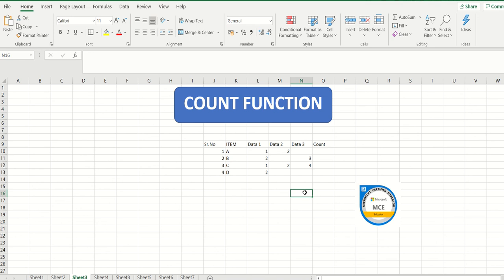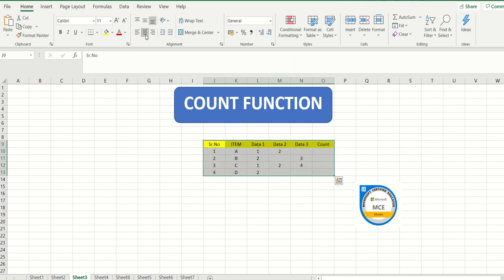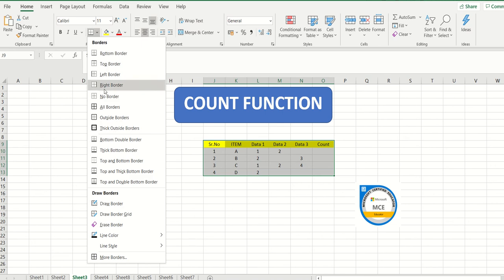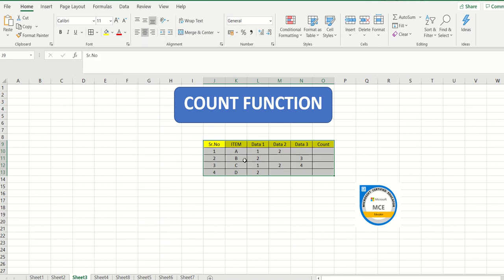Now as the name suggests, this COUNT function that we are going to use today is used in order to count the number of entries that I have in my system. So let's say this is the data in front of me, and let's do a quick recap. If I would like to give my heading a different color, I'm going to select my heading and give it a different color, align it from here on the upper top, and then select the entire data, the table, and again align it. It needs to be in the center, and then I'm going to construct a table out of it. Okay, going from here, it's there.